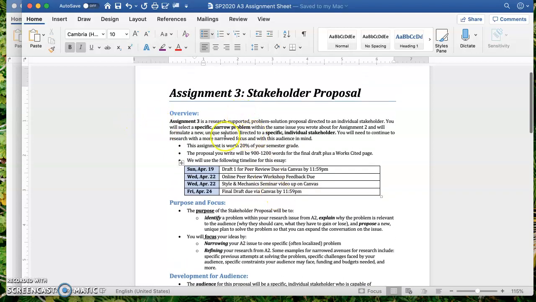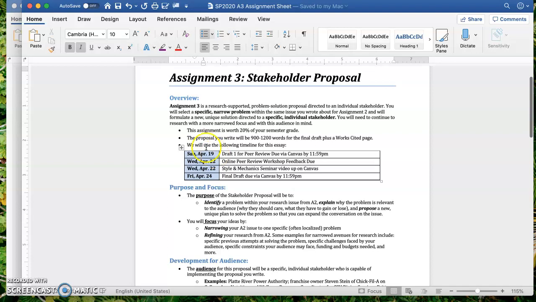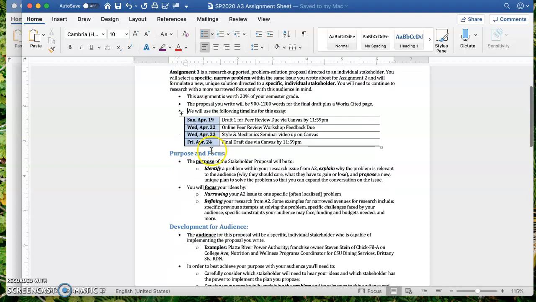But just to go over the basics, this is worth 20% of your grade. This proposal is going to be 900 to 1200 words. The due dates that we're looking at are, this timeline is going to be much shorter than what it was for A2